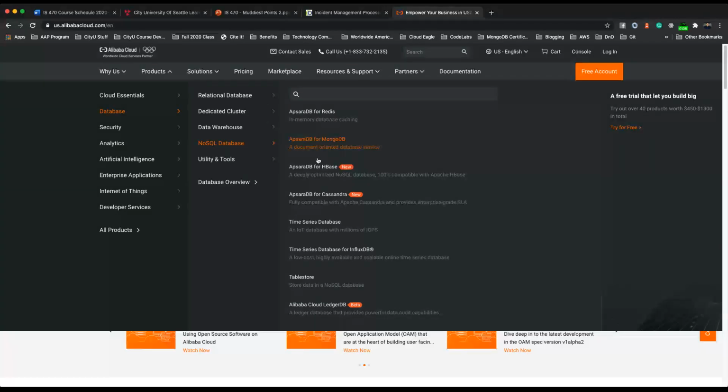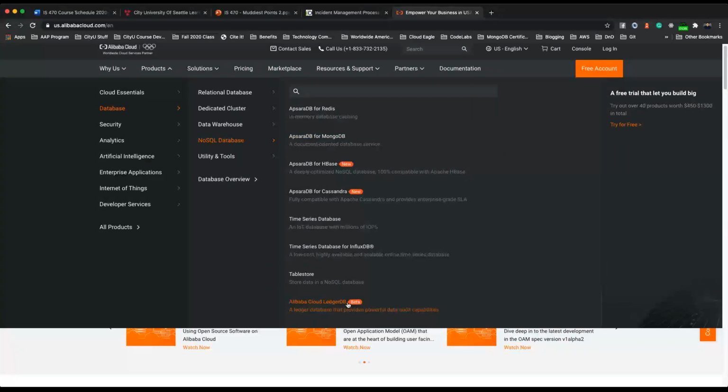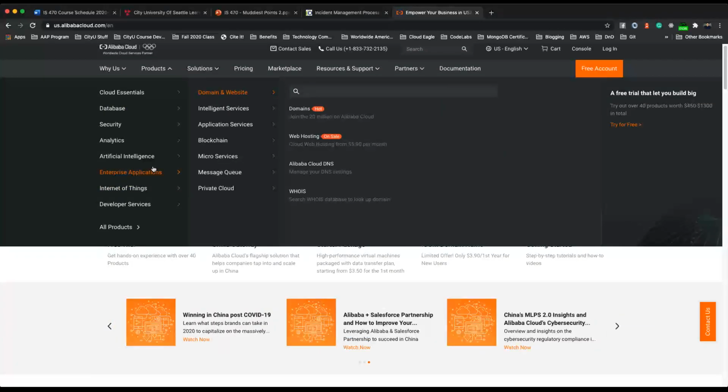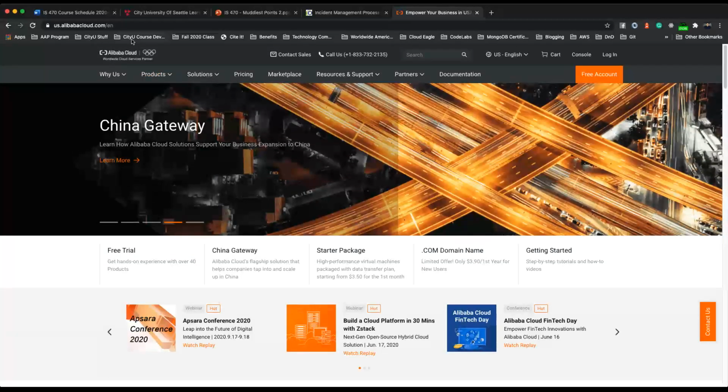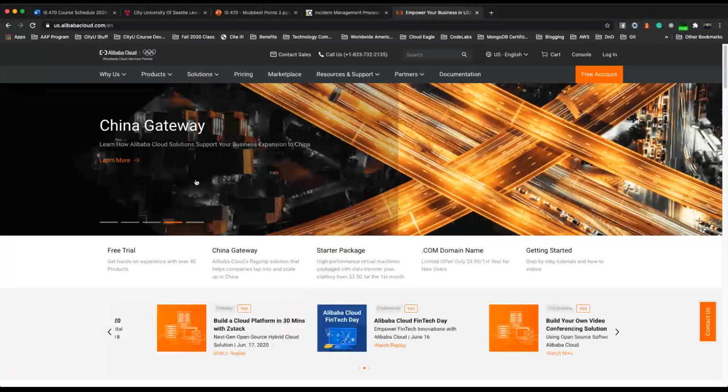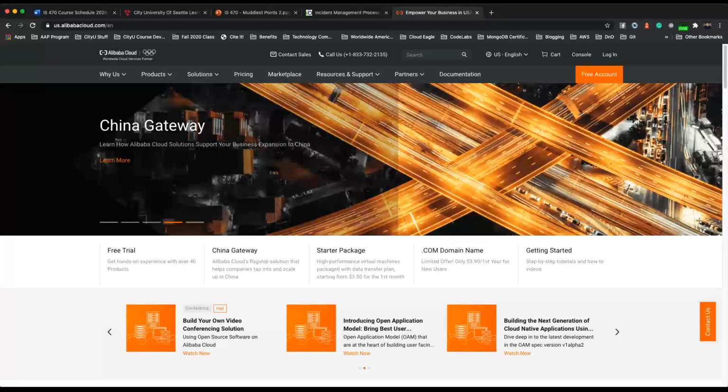Let's see, NoSQL, Cassandra. They also have blockchain as a service. Okay, so by going through a cloud service provider, you can basically have an IT enabled service.